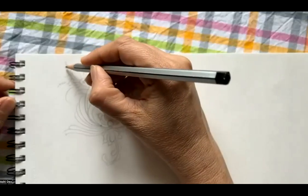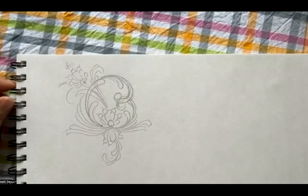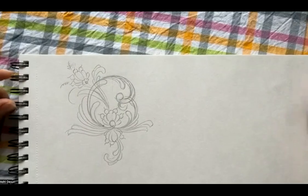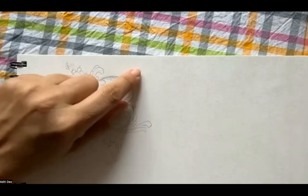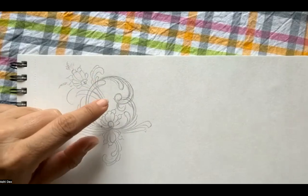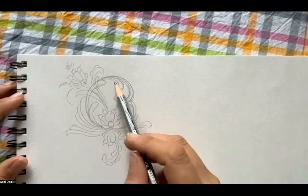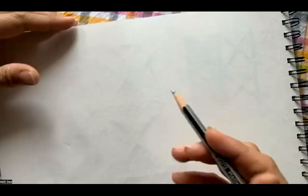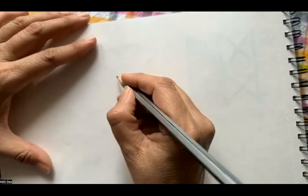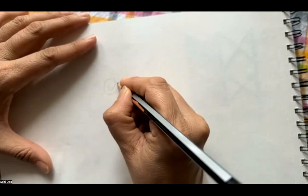Oh, this is the other side. What fascinated me about the Rosemaling is also because I study a little bit of ornamental calligraphy. Many of the same shapes are used in calligraphy as well. So these shapes like the S shape and C shape are expanded further. So if we were to suppose do an ornamental lettering of the word Rosemaling, often it can be seen like that. You have